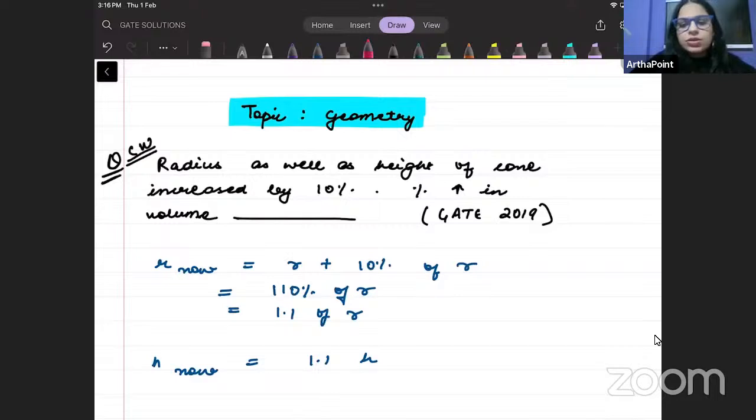I'm going to start with part A discussion of your GATE paper today. There are already some videos available on your portal which you can have a look at. And when we cover GATE part A discussion today, make sure that you also do all the homework that I'm going to give you today itself. We're not going to delay the homework till tomorrow. The homework must be completed today itself. Also,